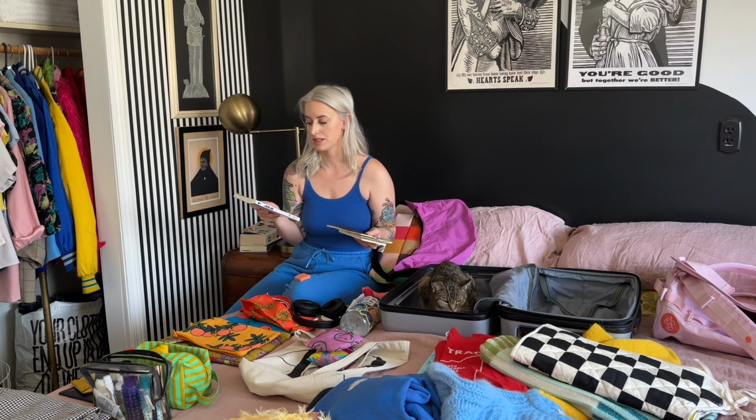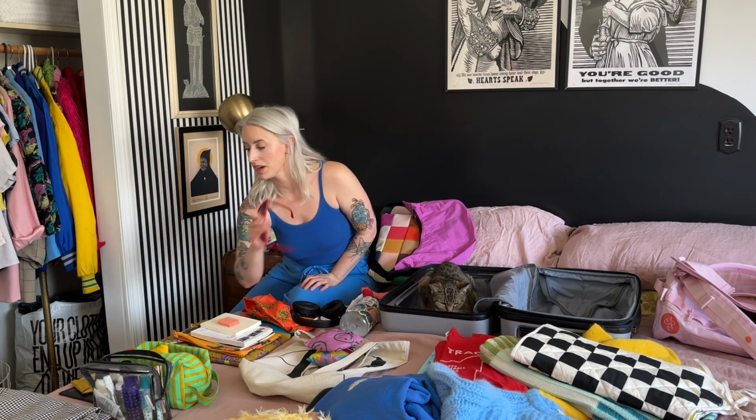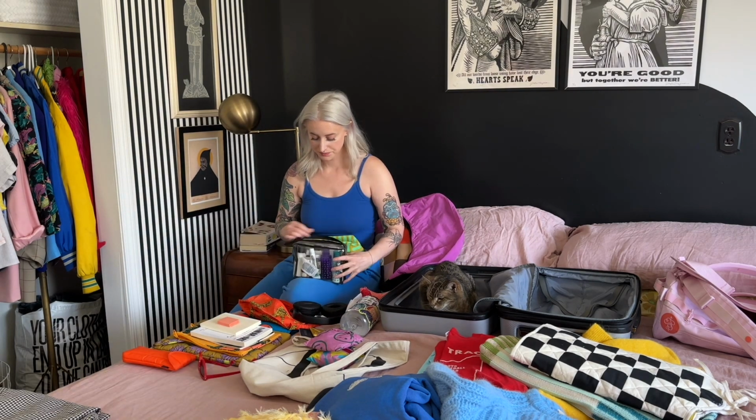I started reading this when I was at a friend's house from his collection and just got it so that I could actually finish it because I feel like it's gonna be really impactful for me. And then I have a couple on the Libby app on my phone, which I can read if I need to. Other accessories. One pair of sunglasses, obviously my passport and my wallet, and then my toiletries,